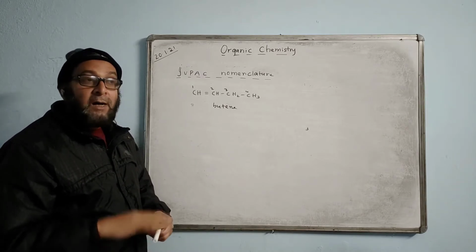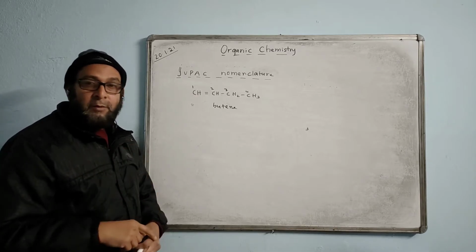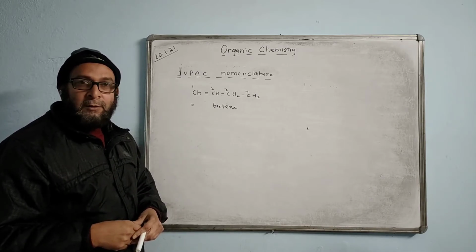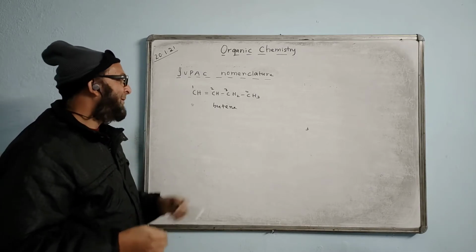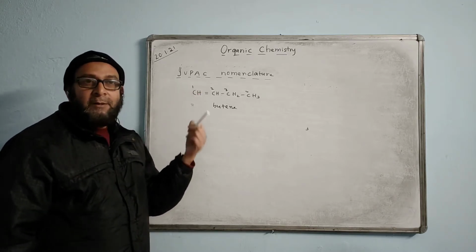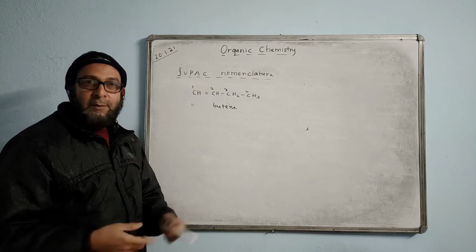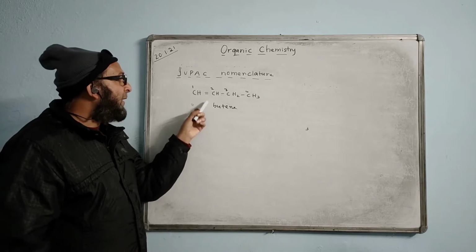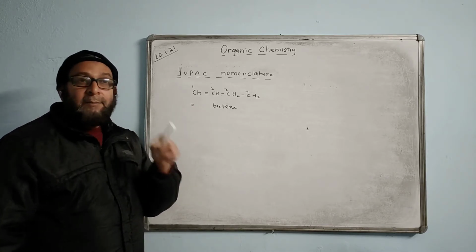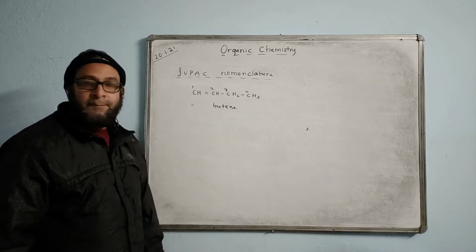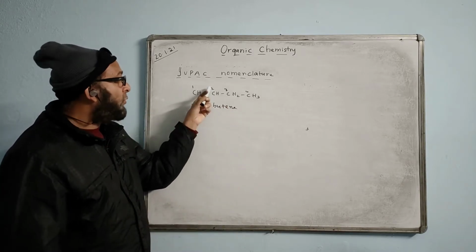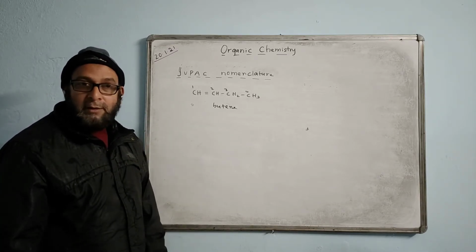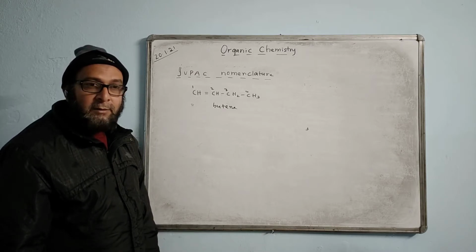But when the number comes other than 1, we cannot ignore. We have to write that number. 0 will not come. You are giving the number, how 0 will come? Do you start with 0? You have to give the number on carbon. Carbon has to be there. This is all organic compound. Carbon has to be there. And you have to give a minimum number 1 on that. If 1 comes in the beginning, then 1 can be neglected. We can only write butene. But in the previous case, we saw 2 was having the double bond. Sometimes we have number 3 having the double bond. You cannot ignore it in that case. You understand?